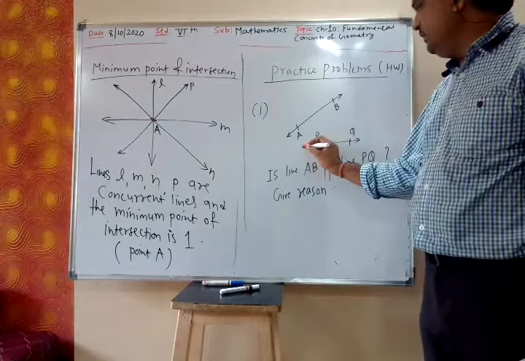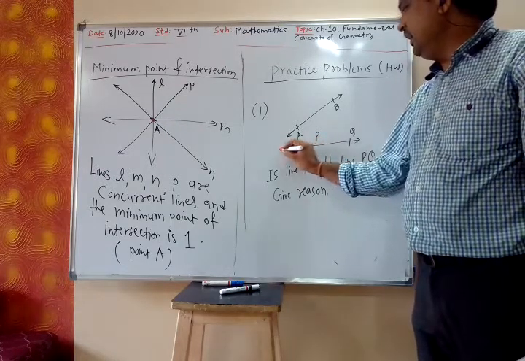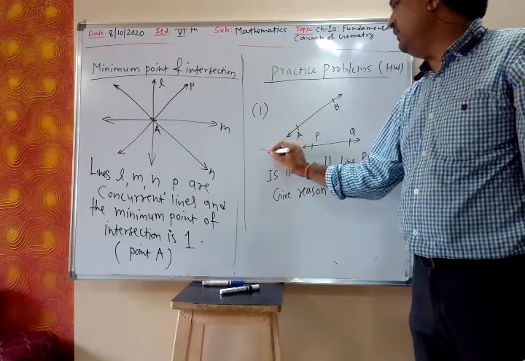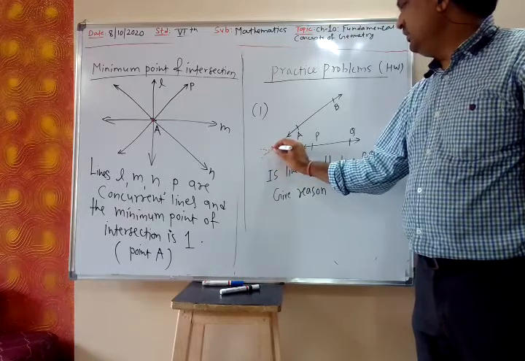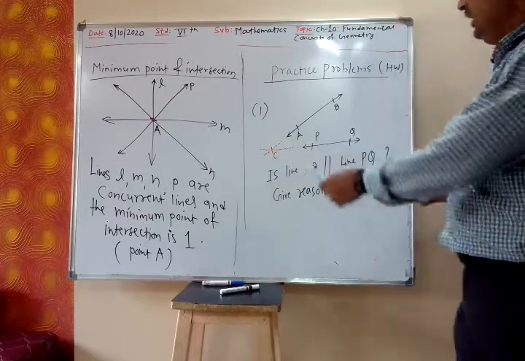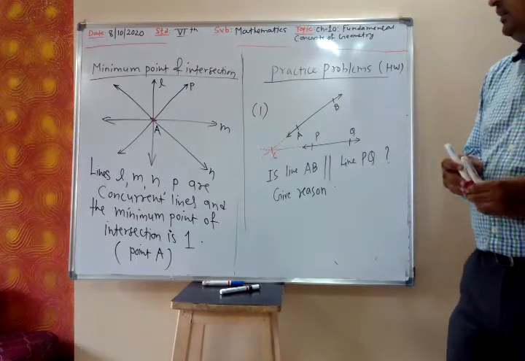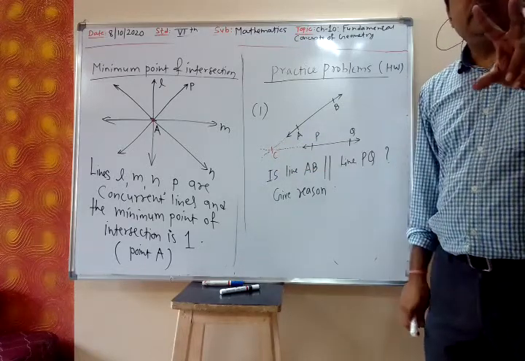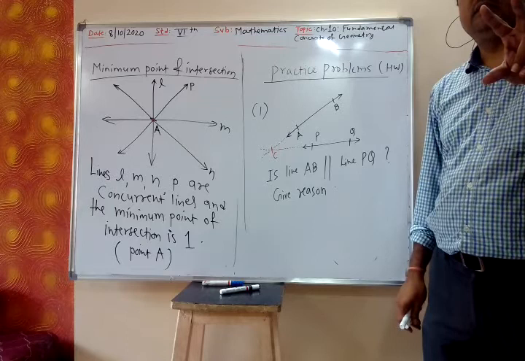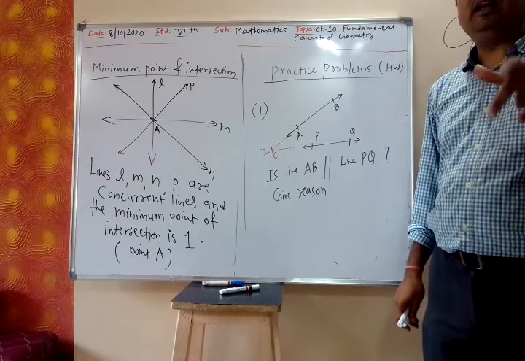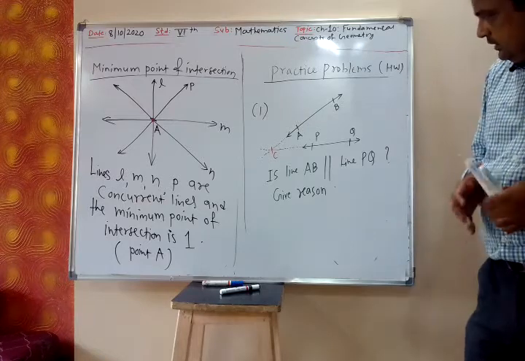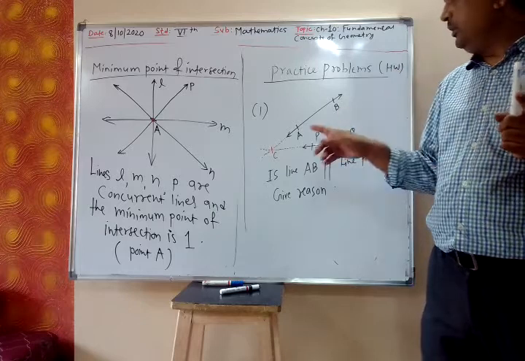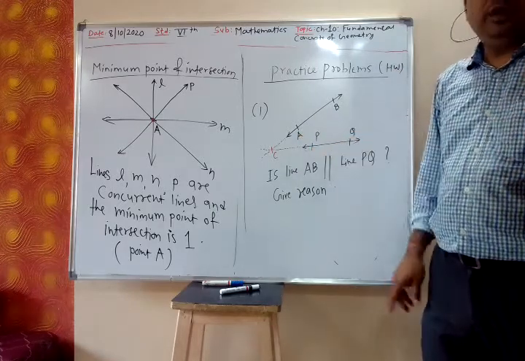When you extend the line further, they will cut each other, no? So they are not parallel lines, because when you extend them further, see here. You will write: line AB is not parallel to line PQ, because line AB and line PQ, when extended further,